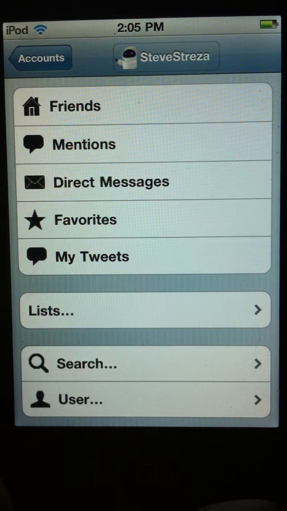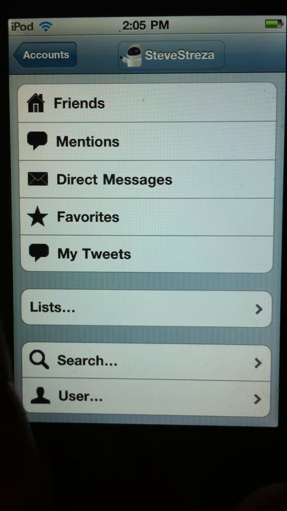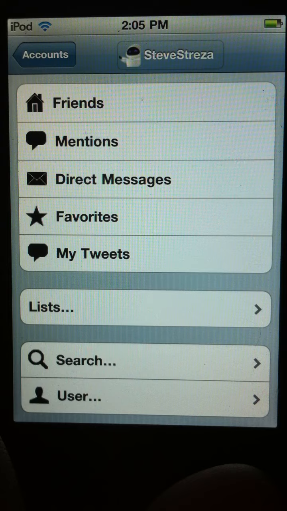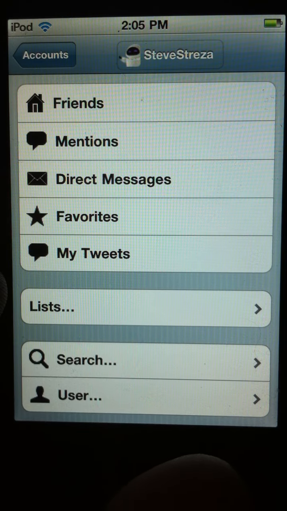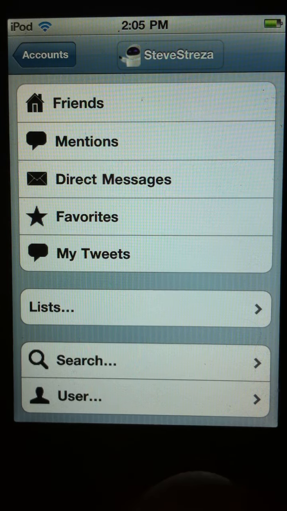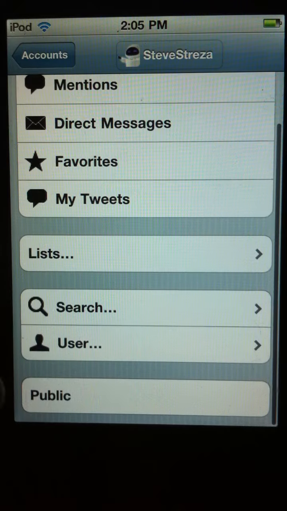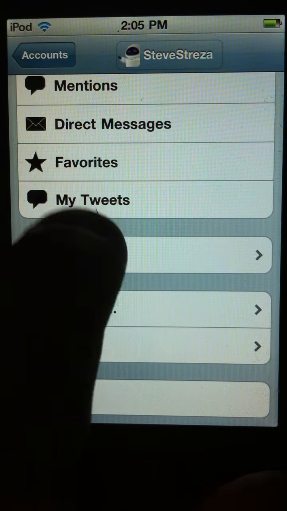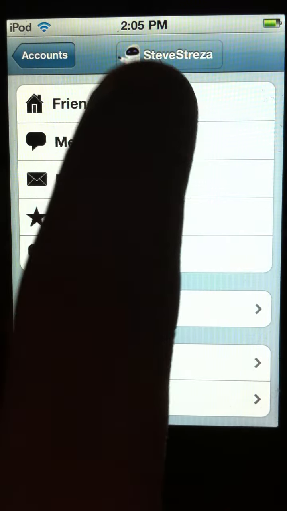But for right now, I'm going to pick my account, and here we've got all the different timelines that we can create. Friends, mentions, direct messages, favorites, tweets that I've posted, any Twitter lists or searches, custom users, or if you want, the public timeline, but I don't think anybody uses that anymore. Let's pick the friends timeline. It's going to pop in this view of our timeline here,